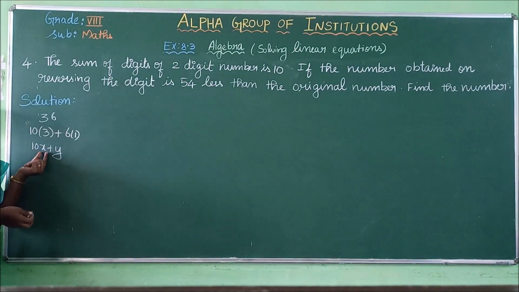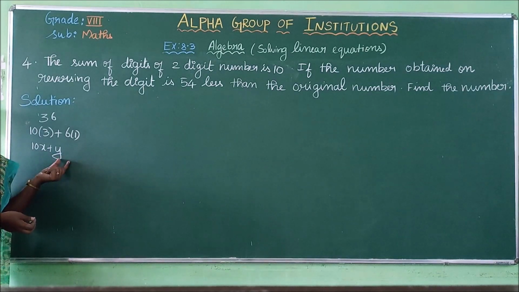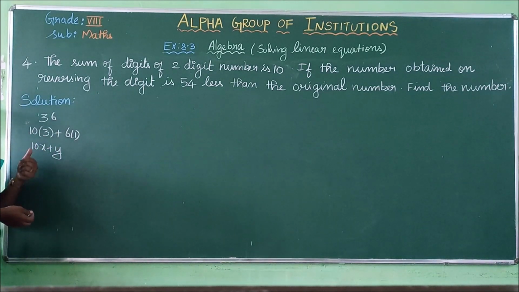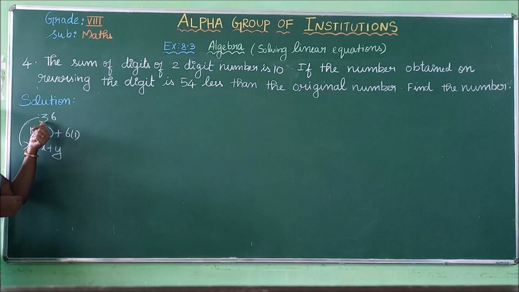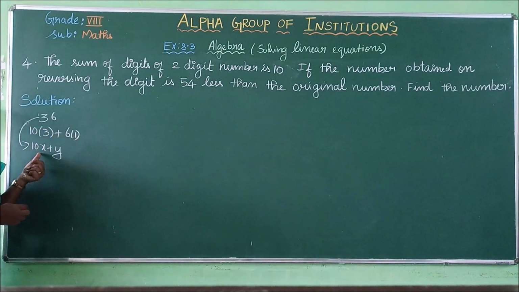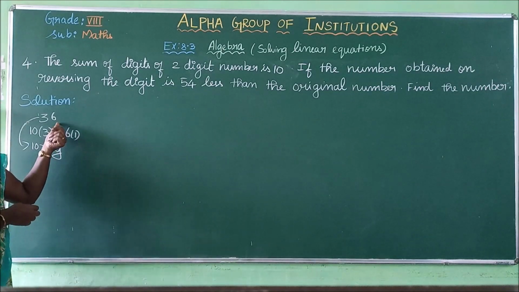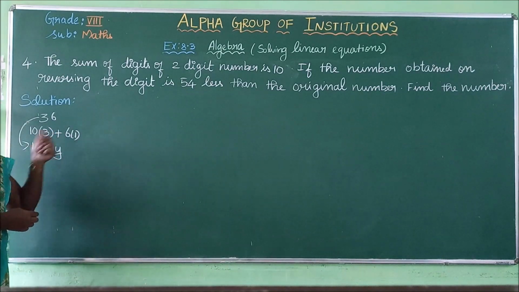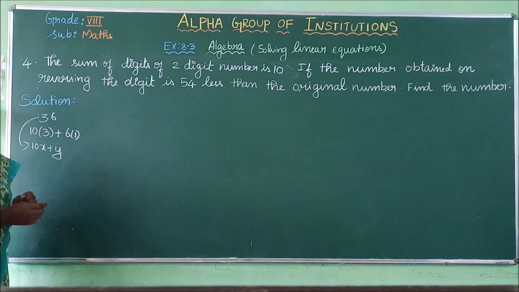So whenever we are replacing the value of x and y here, we can get the 2-digit number. For example, if I put x is equal to 3 in the tens place, 10 into 3 is 30. In the y place here we are having 6, so 30 plus 6 is 36. In that way only we are getting the